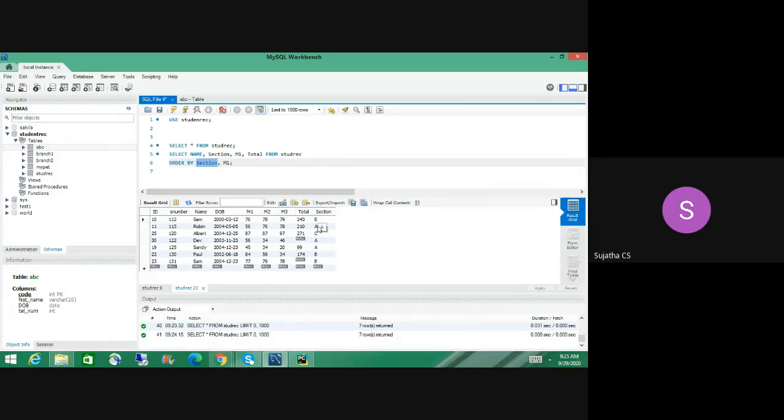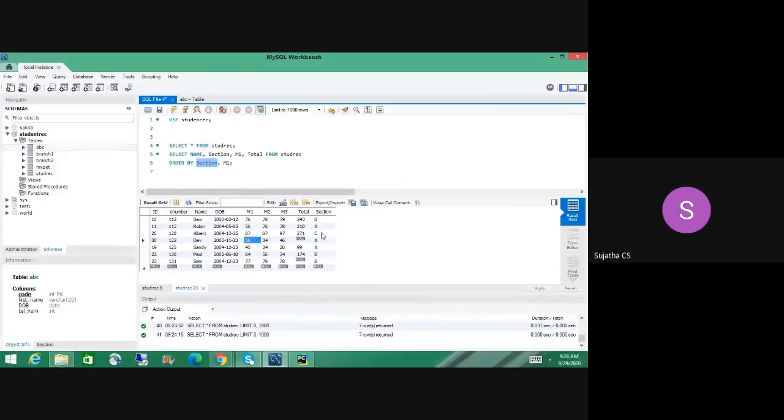First record will be Robin, and then Dave, and then it will sort with section A, B, B, B, C, C. After sorting this section, Robin's M1 score is 56, and then Dave's M1 score is also 56, and then Sandy is 45. So which record will pop up first? Sandy's record will be on the top, and then Dave and Robin.